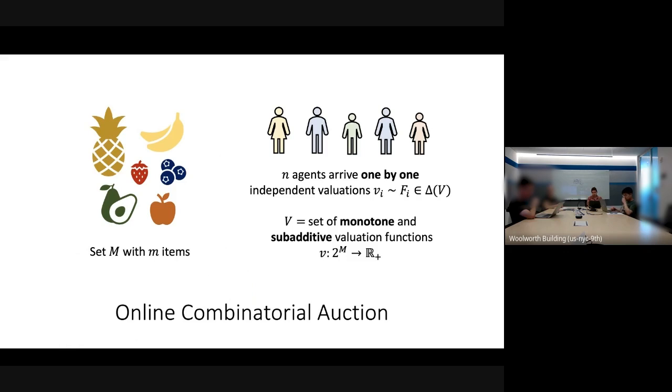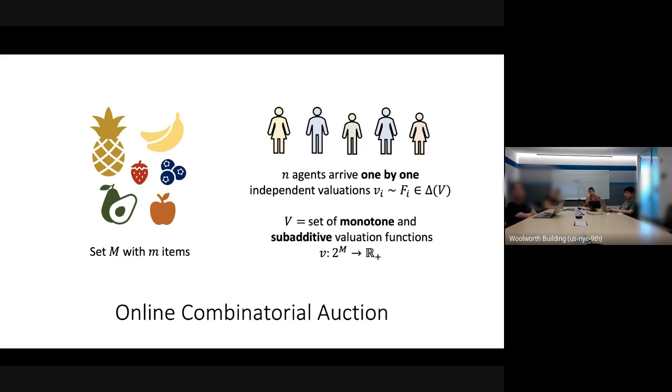Now, what is an online combinatorial auction? In this problem, we have a set M with m items, and we want to allocate these items to a sequence of n agents that arrive one by one. These agents have preferences for the items expressed as valuation functions that are drawn independently from certain distributions F1 to Fn